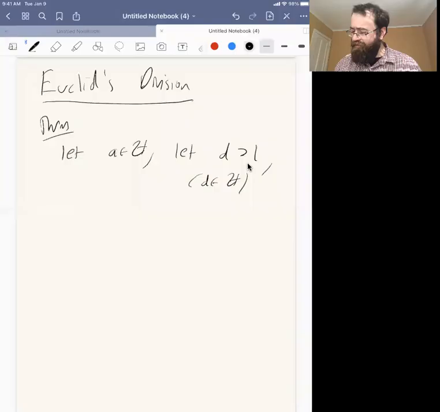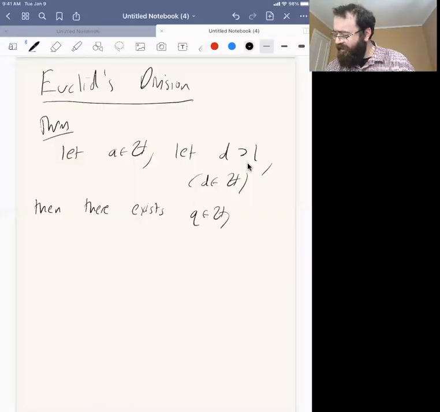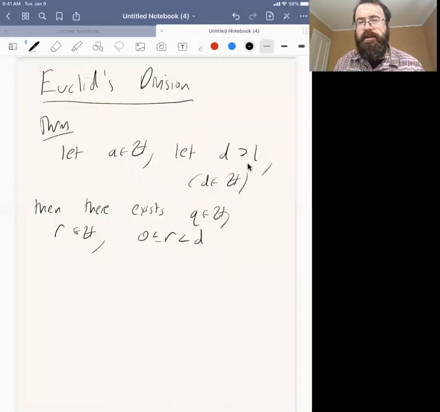And so then the claim is there exists q in Z, where q stands for quotient, and r, which I should clarify is also in Z. There exists q in Z, r in Z, and here r is supposed to be between 0 and d. d is a natural number 2 or greater, so r is 0 or a natural number less than d,